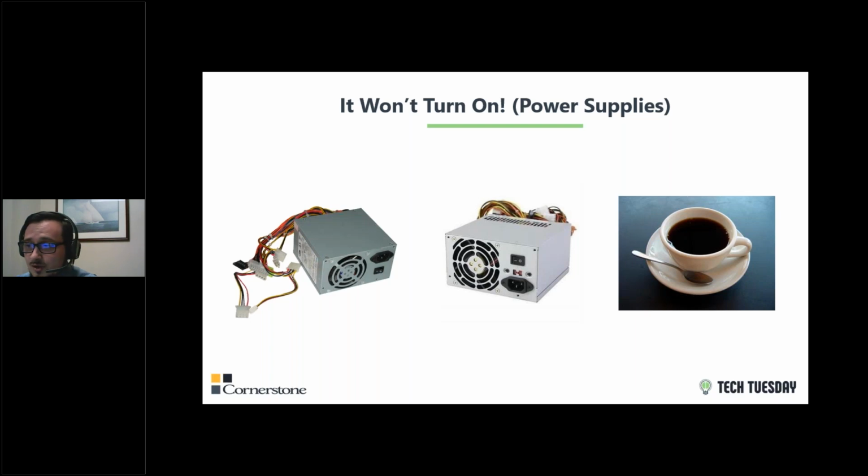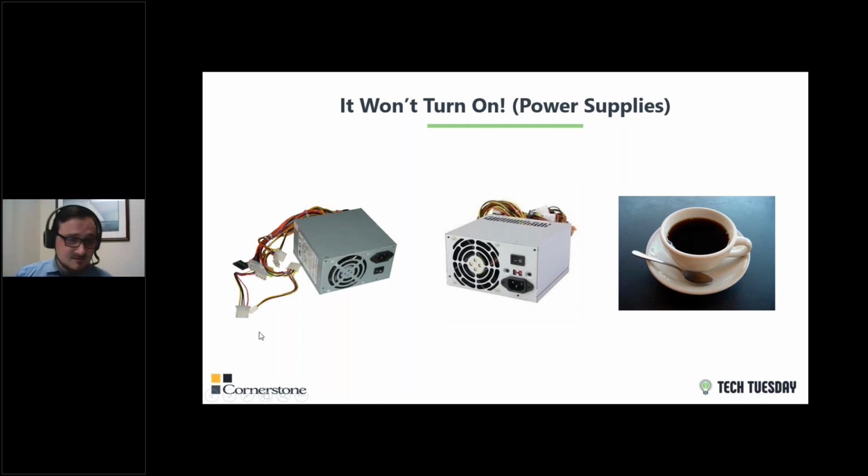I just wanted to show real quick some of the different power supplies computers use. On the left here, we have a very standard power supply with all of the different cable connectors showing. In the middle here, we have that image that I had up before, just to sort of show you a better view of the toggle switch and the little plug back here. And lastly, we had the human power supply, coffee. That is just a personal preference. If you're up to tea, good for you.